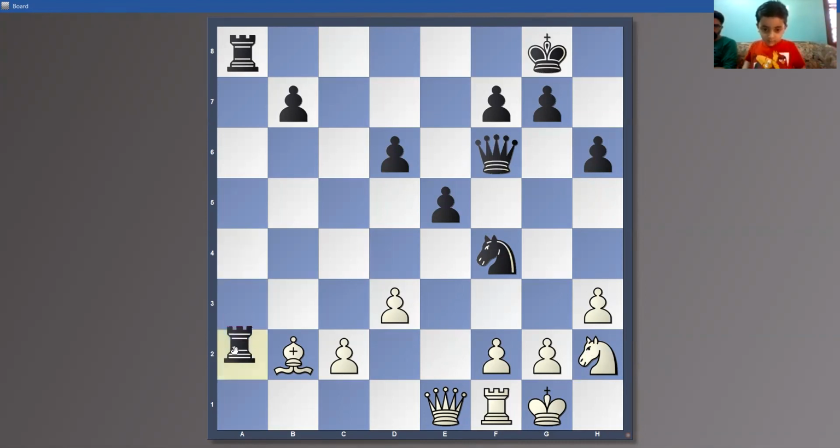Suppose if I play rook a2. I play bishop to c3. Very good.